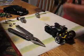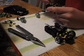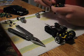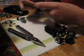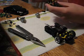That's your pinion gear. Now you want to replace that with the pinion gear that goes with the motor you're using. Don't do what I'm doing. I'm being completely wrong here and using the wrong type. Okay, so match up the pinion gear with the motor,